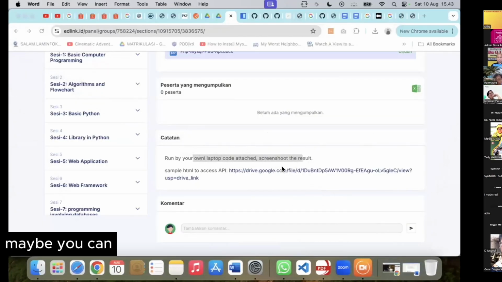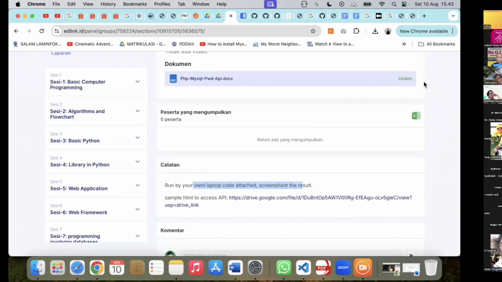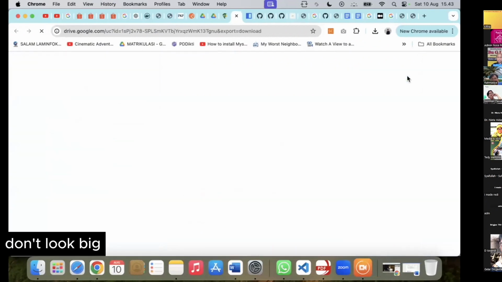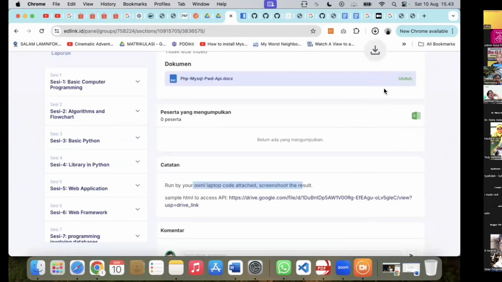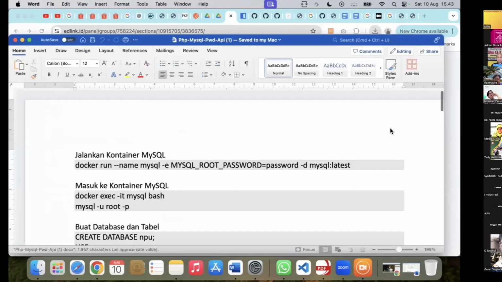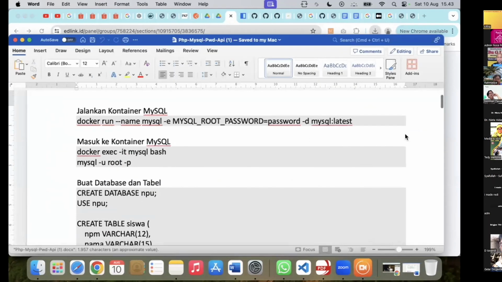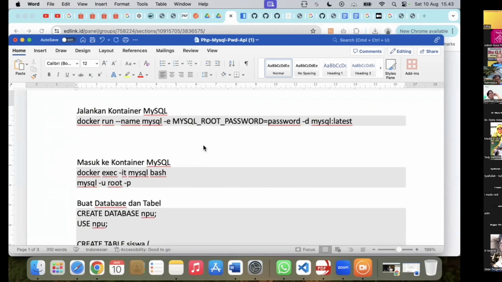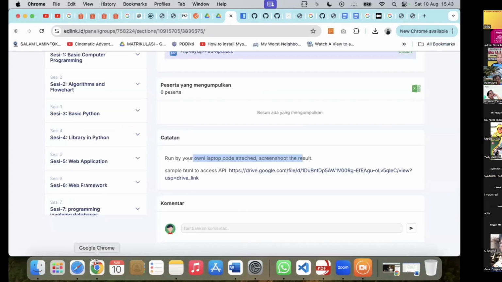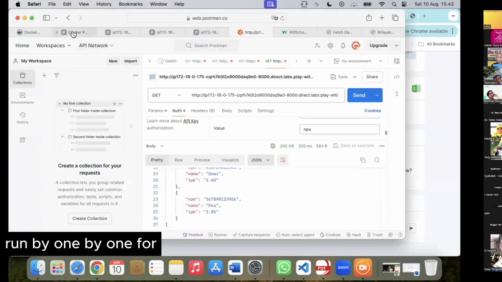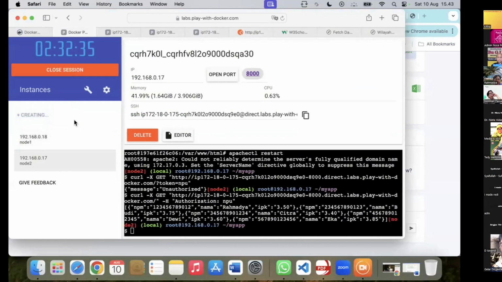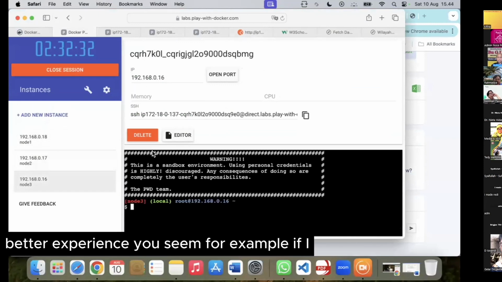Maybe you can download the source code, and then run it one by one for a better experience.